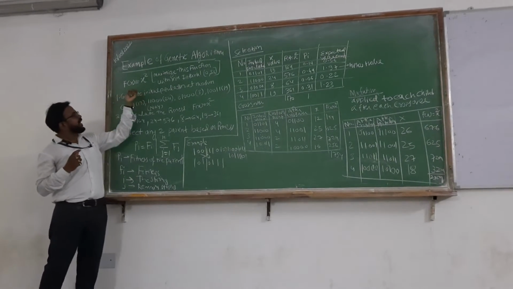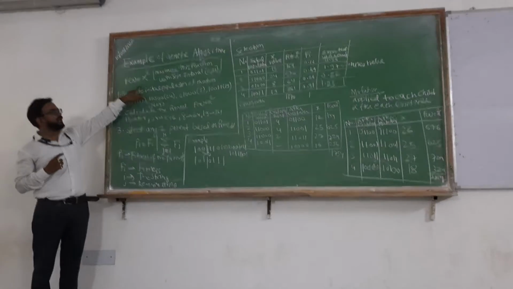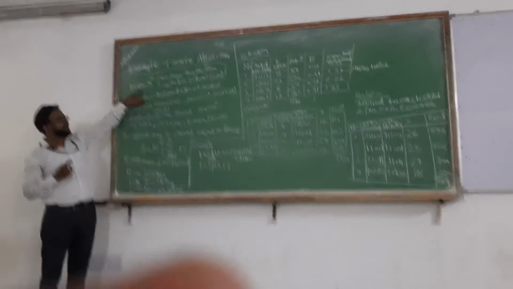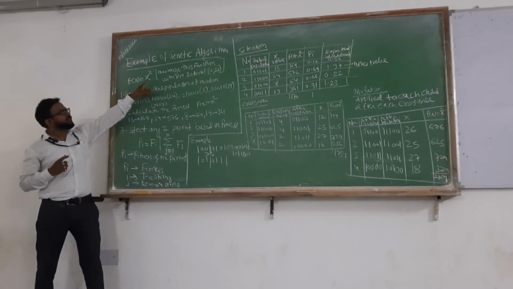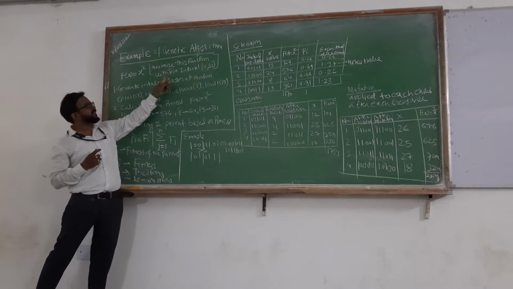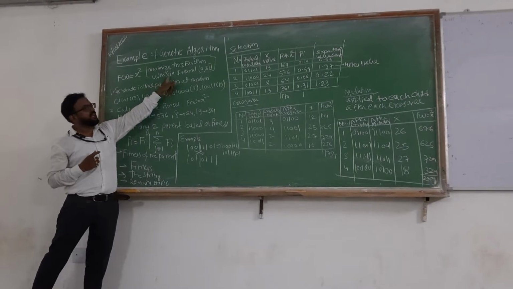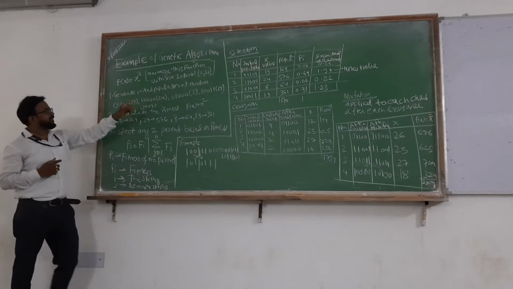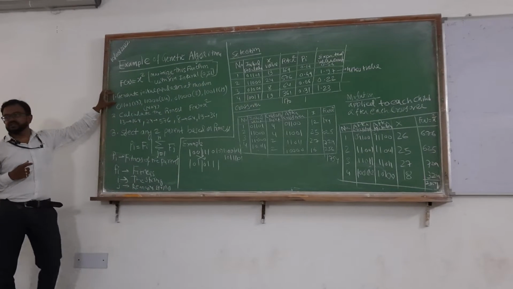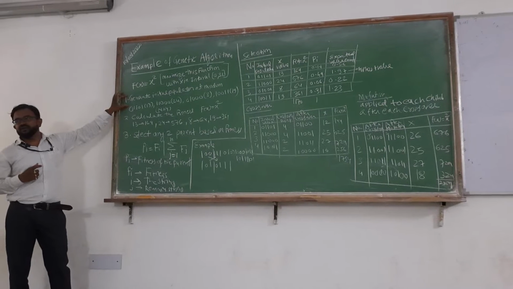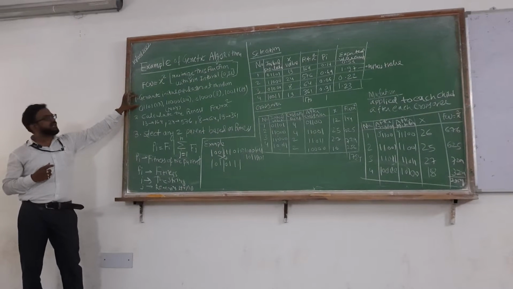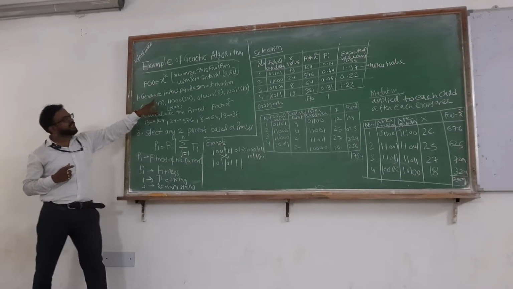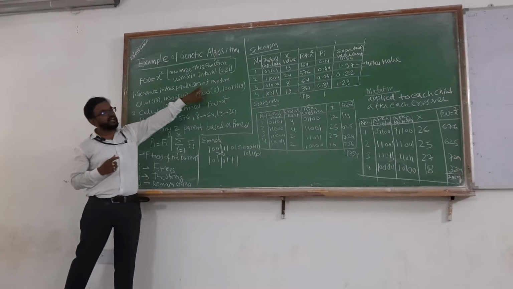See, we are having one function. The name of the function is f(x) = x square. So here we have to maximize the function with x in the interval of 0 to 31, right? So first, what is the first operation we have to perform? First and most important thing is that we have to generate the initial population randomly.